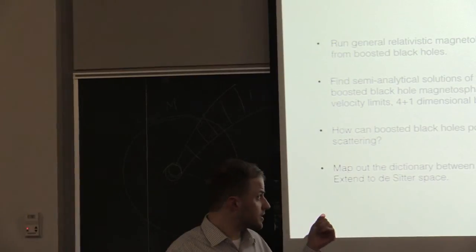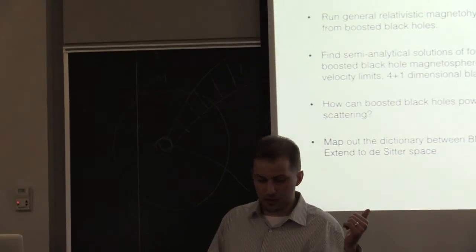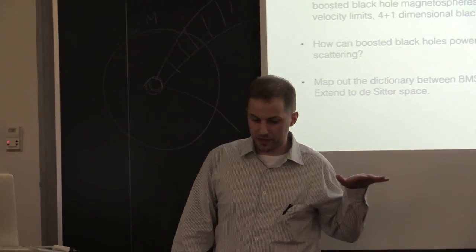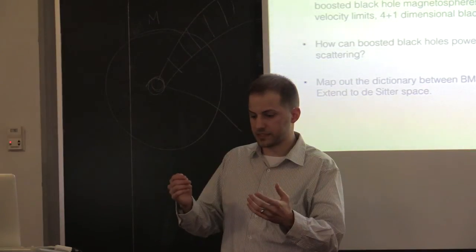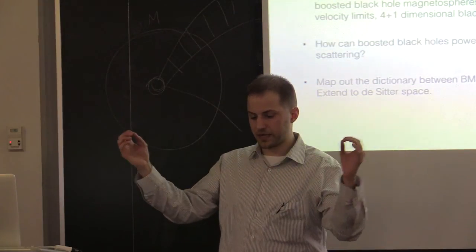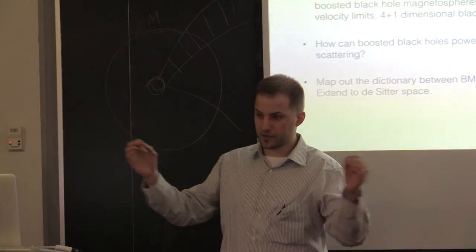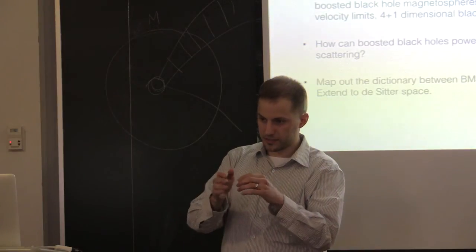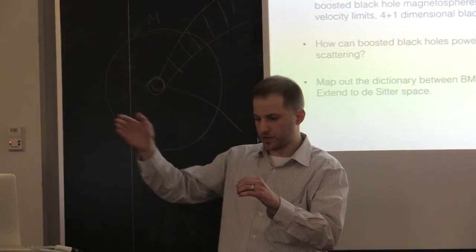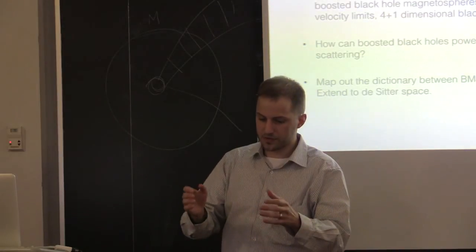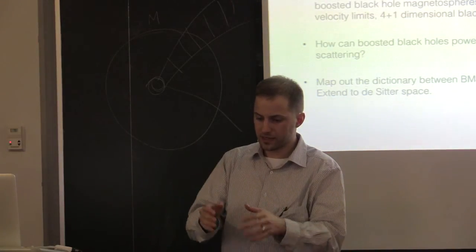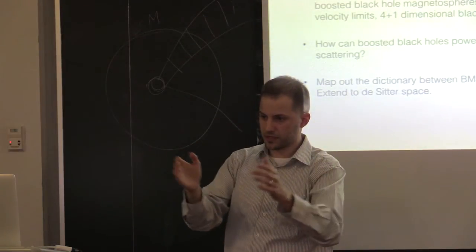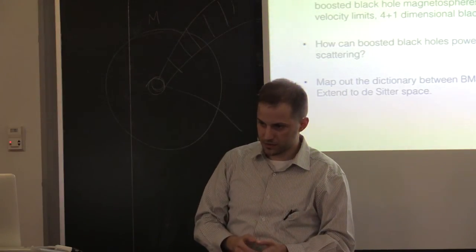So earlier when I was mentioning different ways of deriving the membrane paradigm, the last bullet point was work by Hong Liu and company, where they think of it in AdS. He points out that in AdS, the radial direction acts like the scale in a renormalization group flow, so that the UV is at large R, and the IR is at the horizon, and so different radii are different scales. And then he derives the membrane paradigm at the horizon as the IR limit of the CFT on the boundary.